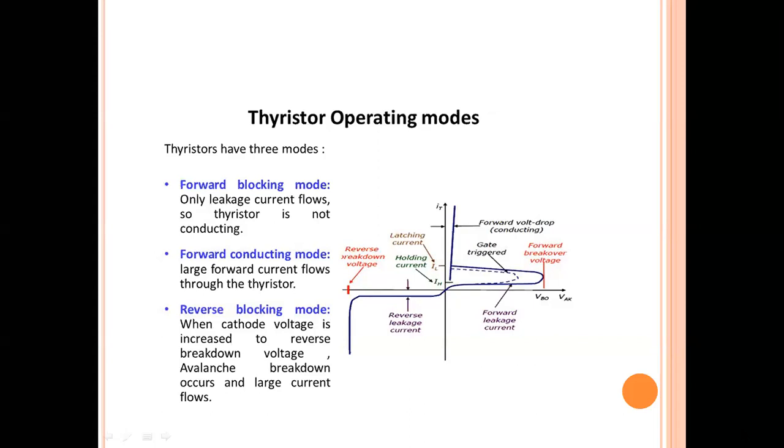Okay. So coming to the characteristics here, whenever the device comes to the conducting mode, the impedance offered by the device becomes very small. That means the voltage blocked by the device becomes zero. Up to this particular point, the device is in the blocking mode. At this particular point, if you give the gate voltage or gate current, the device comes to conduction. Whenever the device comes to conduction, there is a sudden rise in the current value.